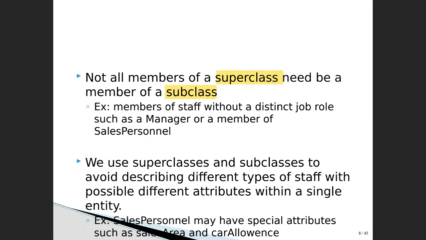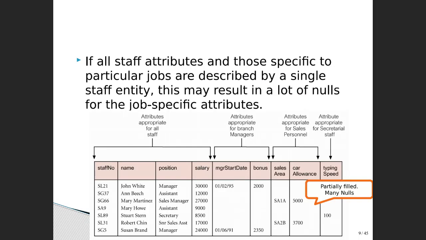I'll just give you an example here. In this example, you can see that these are attributes of all these three types. For example, the staff, we have staff number, name, position, salary. These attributes are shared